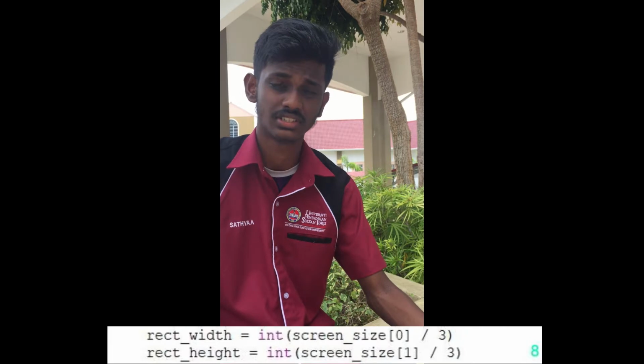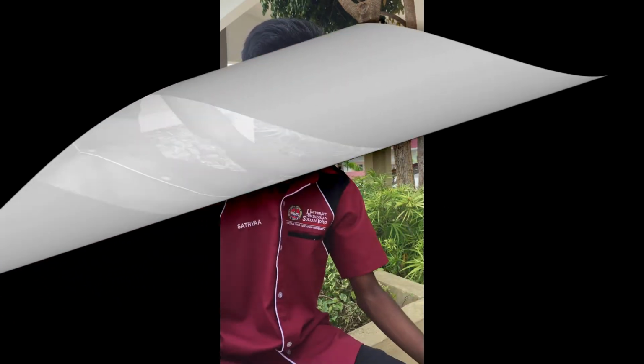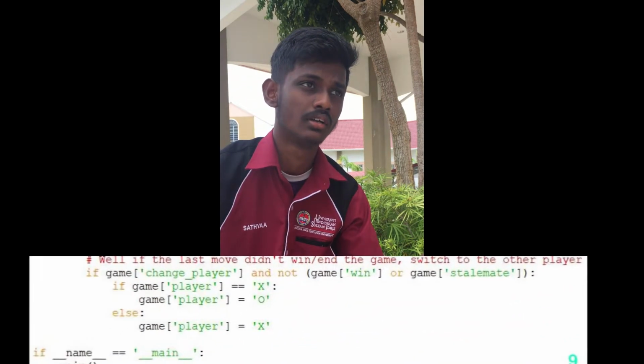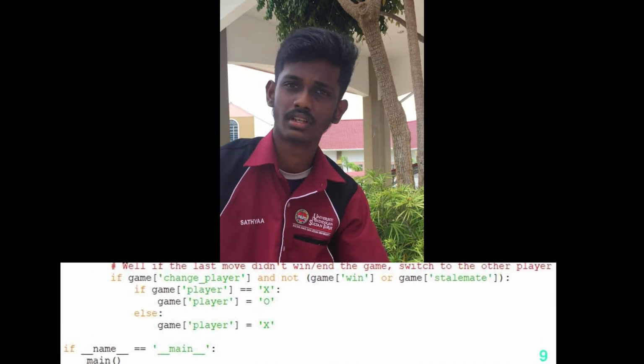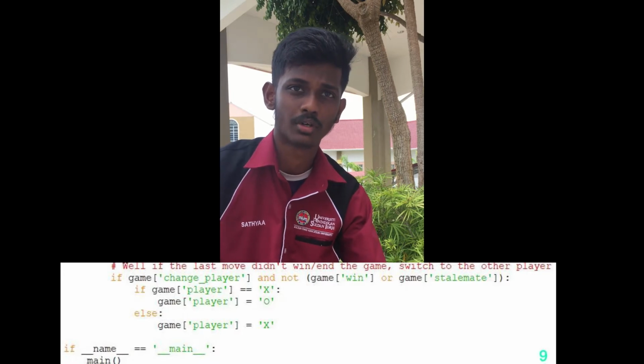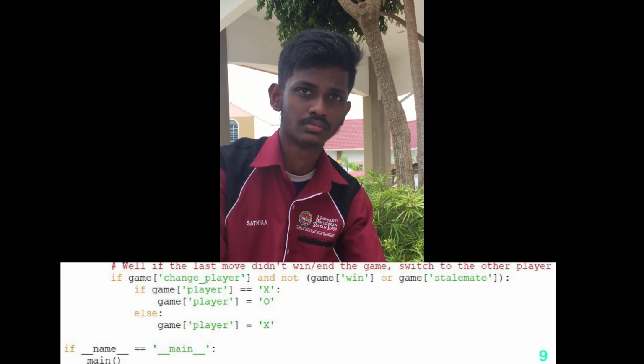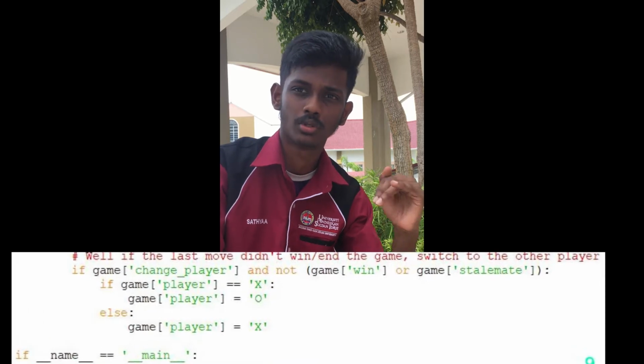The eighth block shows the width and height of each cell on the screen. The ninth block is about the contents of each row. Okay, the first row draws number 1 until number 3. The board append is meant to combine the program from left to right, and then reverse the move, counting number 1 on the left and number 9 on the right. Number 1 will be incremented by 1, so number 2 will be placed from top to bottom.